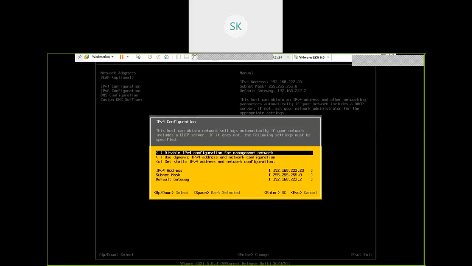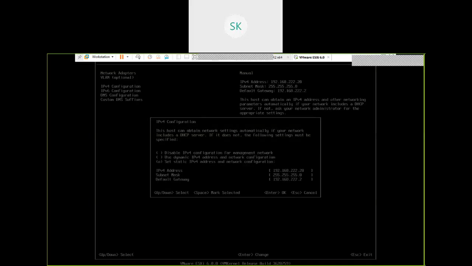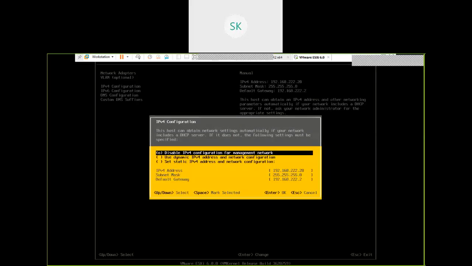If they provide an IP address, it should be static IP. If the build sheet mentions that this should be dynamic, then you should select dynamic so that it automatically connects to the DHCP server and gets the IP address assignment. In this environment, for any critical server, generally we are going to use